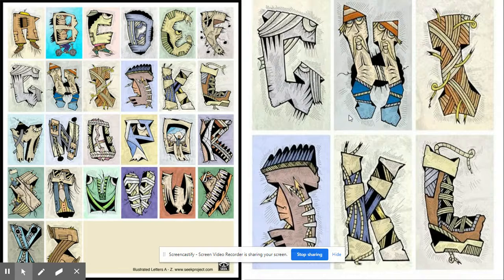And I have this slideshow, and you have the slideshow as well in your assignment. So you can look through this, and we're going to talk about how to create a font and what your expectations are for this project. All right,